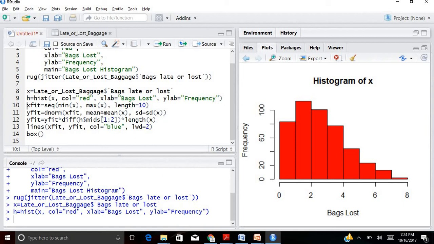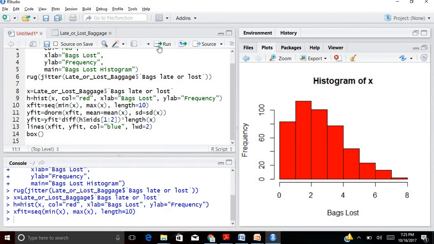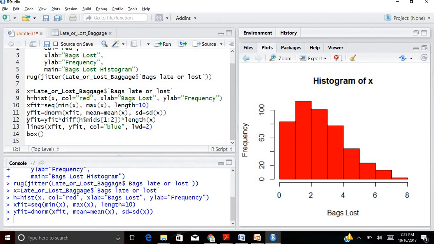Since I have too many data points, this looks a bit clumpy here and there, because this is the area where you have the maximum density of all the data points. As the density decreases, you see the clumpiness of these data points also decreases. Now, here onwards we are going to start constructing the normal distribution plot.